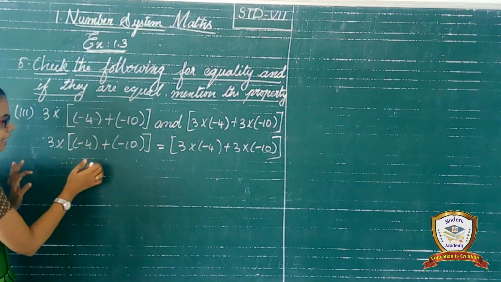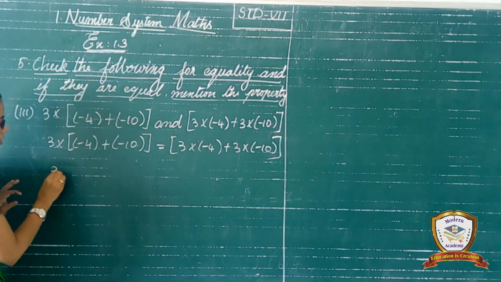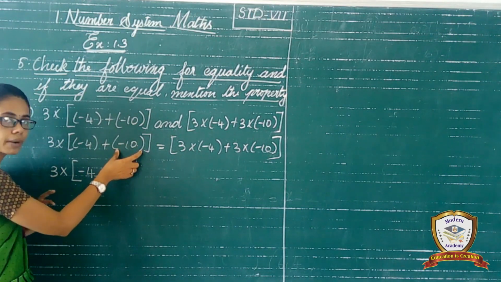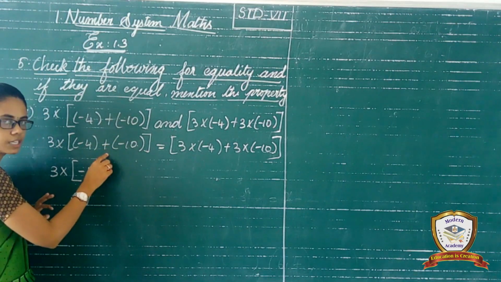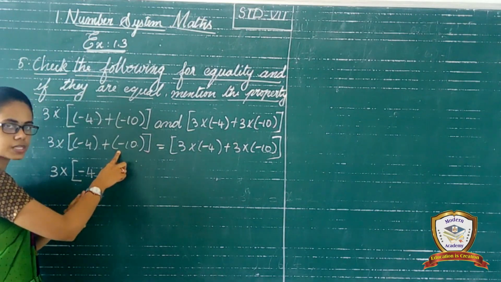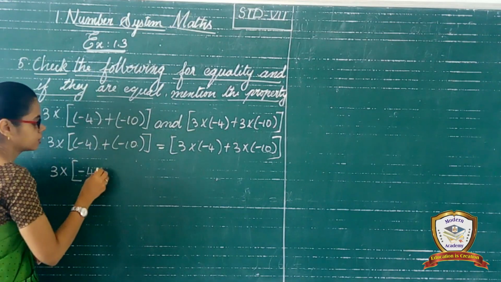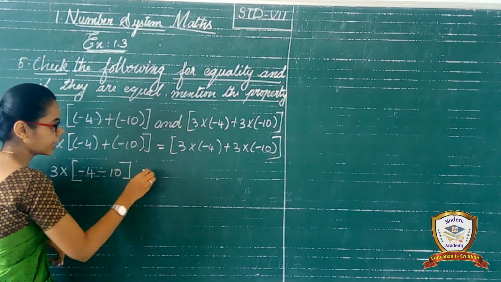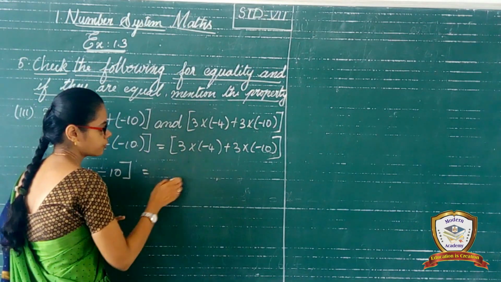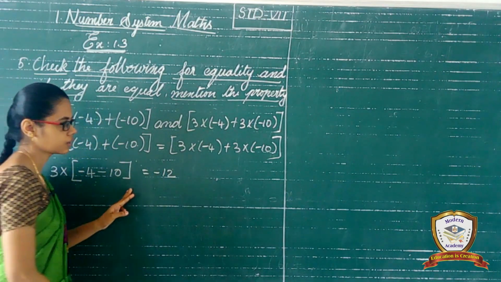So first of all, I can simplify inside the bracket. Okay, so 3 as it is you want to write here, 3 multiple and -4. Now we remove the bracket. So see here we have to multiply, isn't it? So multiply means plus into minus, which means different sign. Different sign means we need to mention the sign minus in our answer for multiplications. So minus 10 and equal to, so these two we want to multiply. So directly, 3 4s are 12 and different sign. So mention here minus. Okay, right?